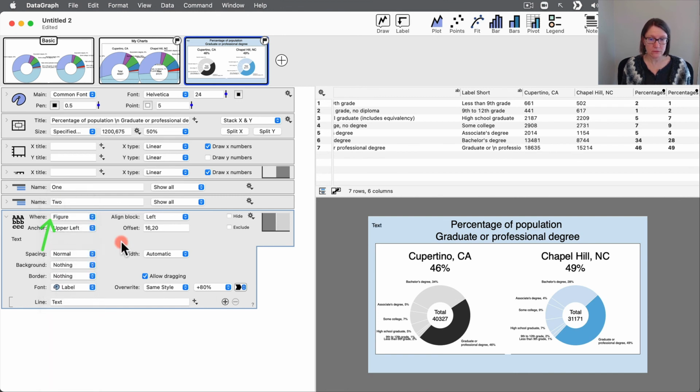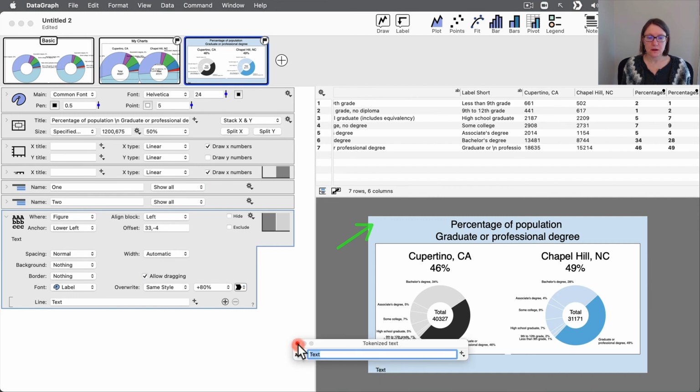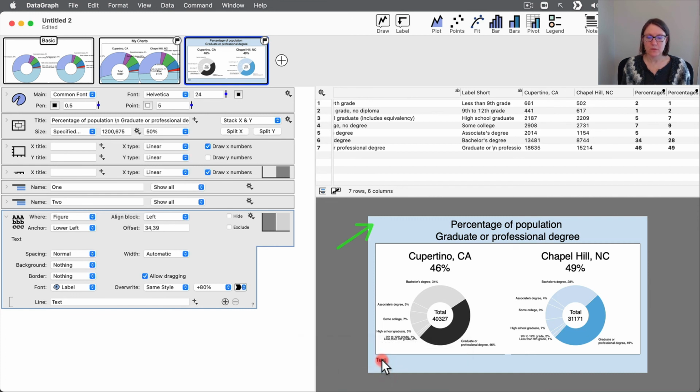the figure, first of all. So now it's out of the XY domain. It's anchored to the upper left. I actually want this in the lower left. And then we can just move this up a bit to get it off of that spot, and then just type in whatever my source